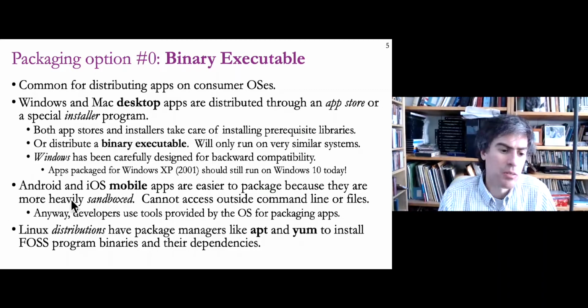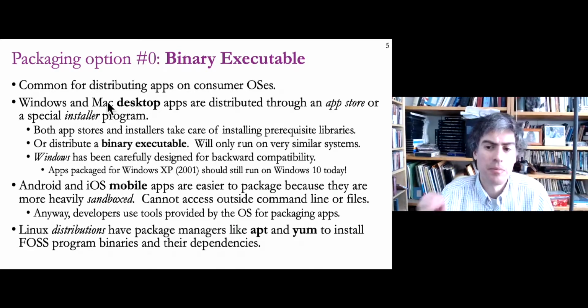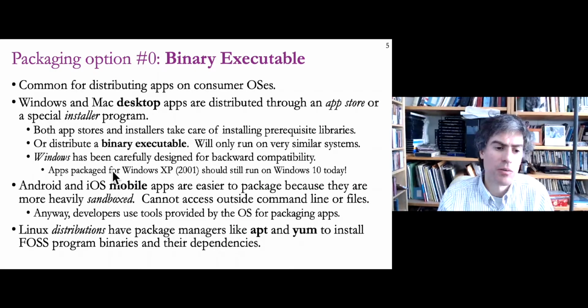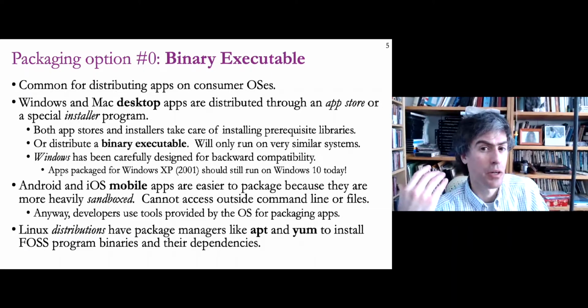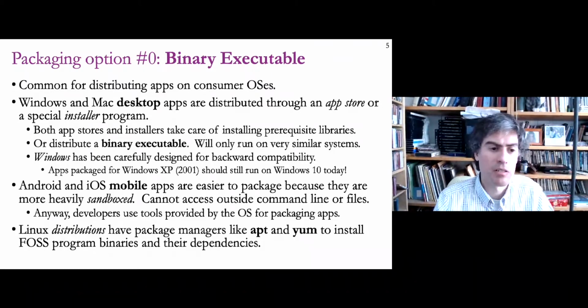The reason that works, though, is because Android, iOS, Windows, and Mac are all operating systems that are very consistent and controlled by the distributor to make that experience really consistent for apps that are running. Okay, Windows in particular has historically been really good at being backward compatible, so that on a current version of Windows you can run code that's really old, pretty impressively actually, like 20 years old sometimes. So the way that you distribute a binary executable, though, is kind of a challenge,